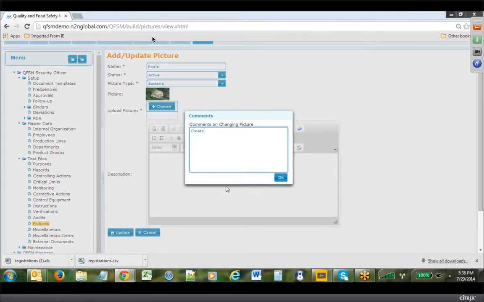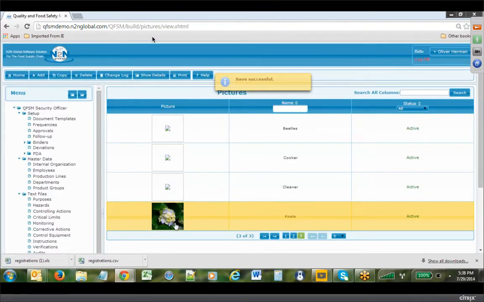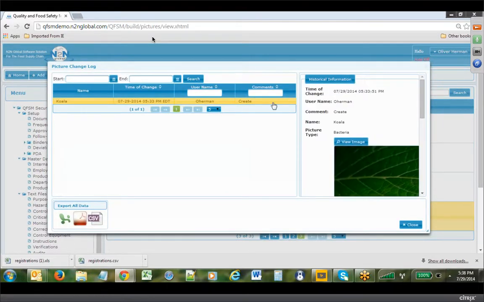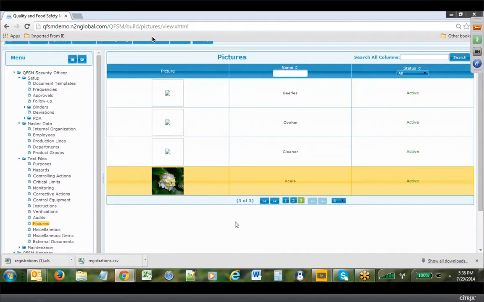I'm just going to put here, why would you just put something to create there? Well, again, the reason I do that comes back to this change log. So I'm looking at this image, and I can say, oh yeah, that's where I created that one. So if I have a page or two of changes, I can go back and see, that's what this was for. That's what was first created. So you don't have to get too wordy, but it just helps you know what you're looking at